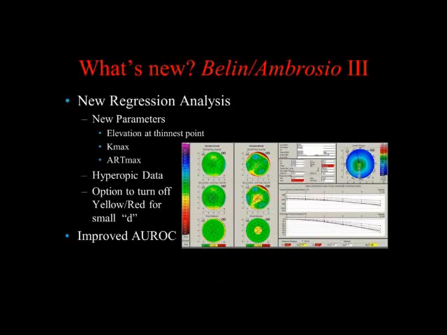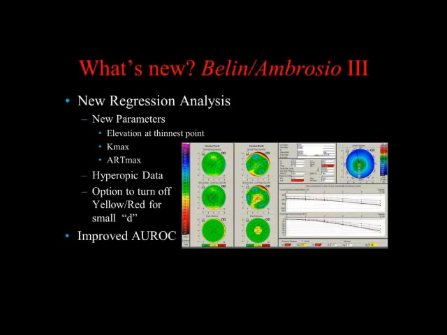So what's new in the Belin Ambrosia 3? Well, there's a new regression analysis and new parameters. We added 4 additional parameters, and we'll show you why we added those. We added the actual elevation at the thinnest point of the cornea for both the anterior and posterior surface. We added Kmax,